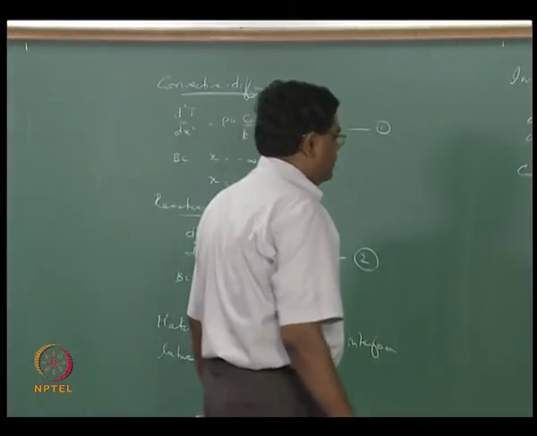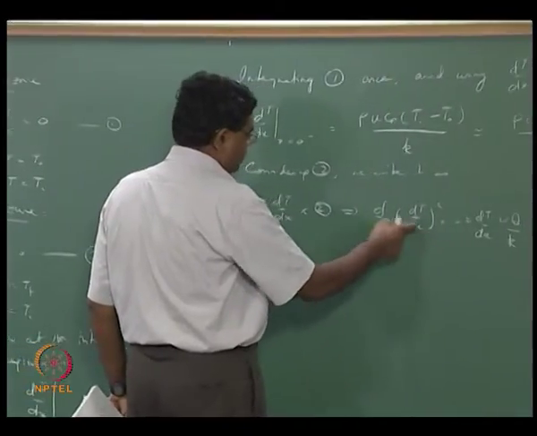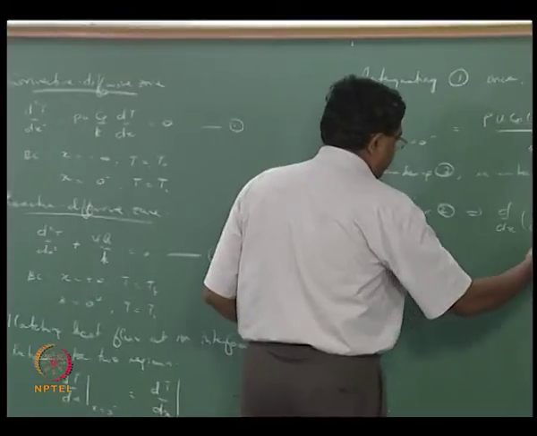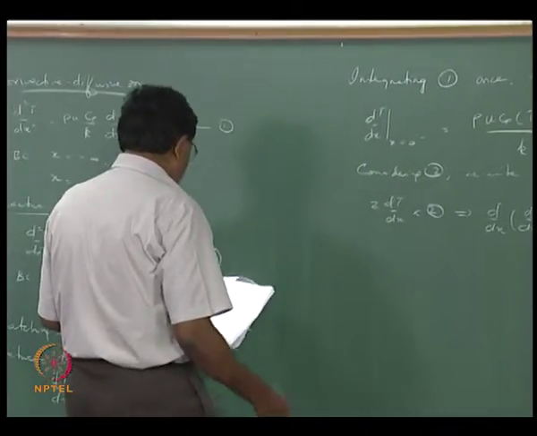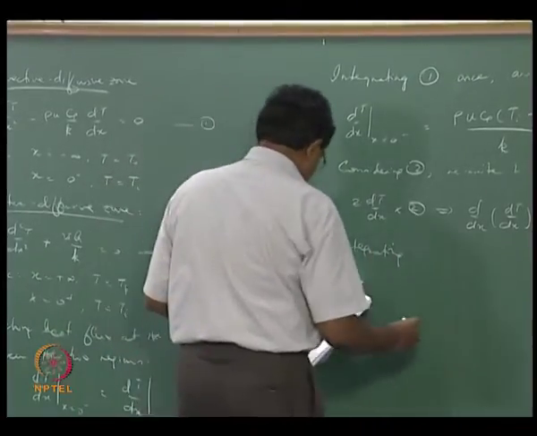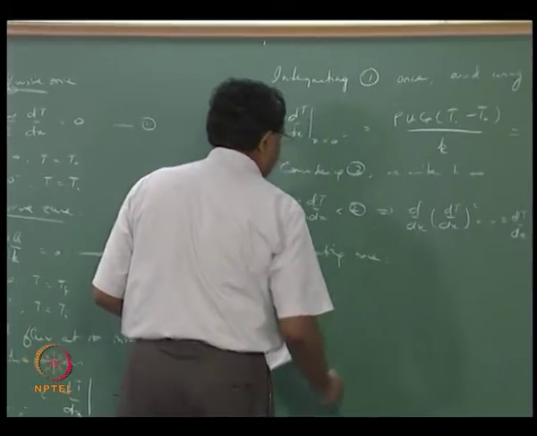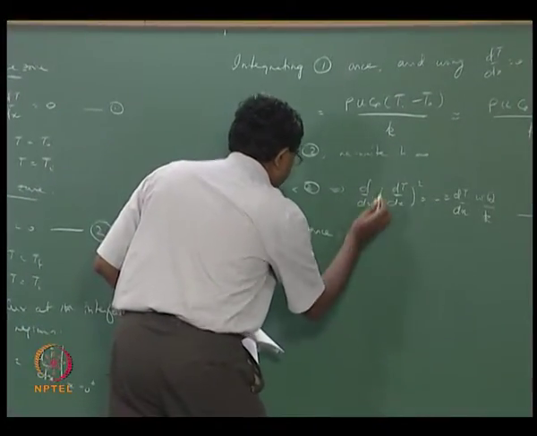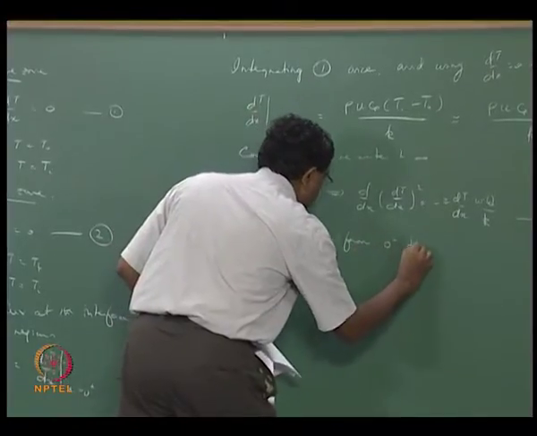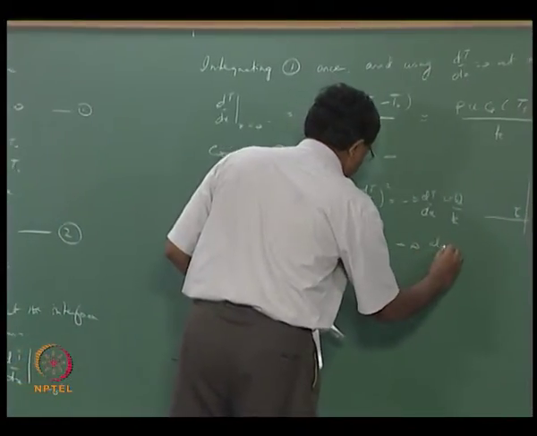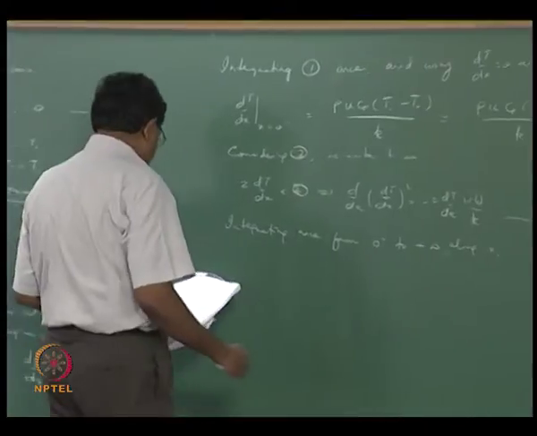If you want to just check, we can see that if you now differentiate this, you get a 2 dt by dx d squared t by dx squared, and then the 2 dt by dx gets cancelled on either side. The reason is we can now have exact integrals on both sides. So integrating once, from 0 plus to infinity, along x, we get